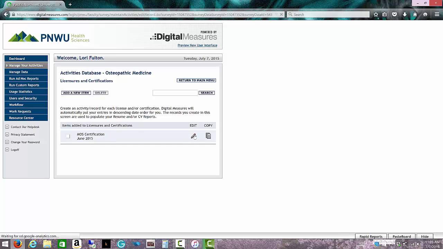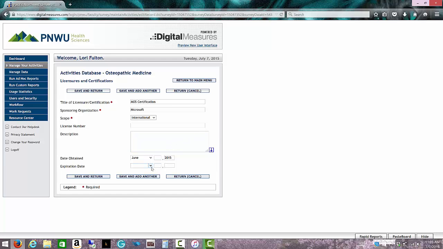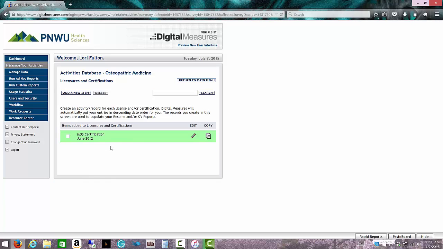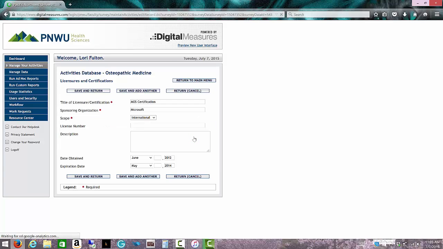So for instance, if this certification did have an expiration date, then I could update that expiration date if I just renewed my license. So for instance, I'm going to pretend like I received this certification in 2012 and it expired in 2014. I'm going to save and return. So now I can see that certification, but then let's just say I just recertified, and so now I can edit by going back in there, and then I can change this certification to 2017 and click Save and Return,